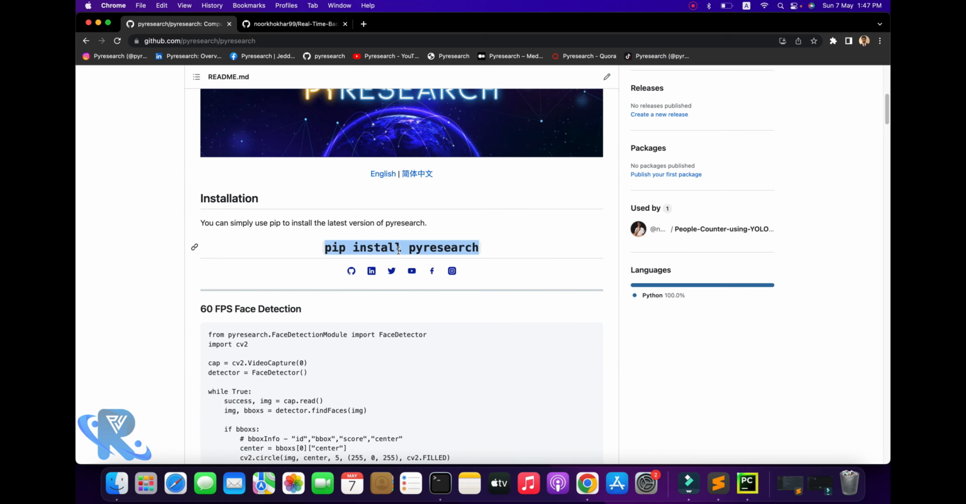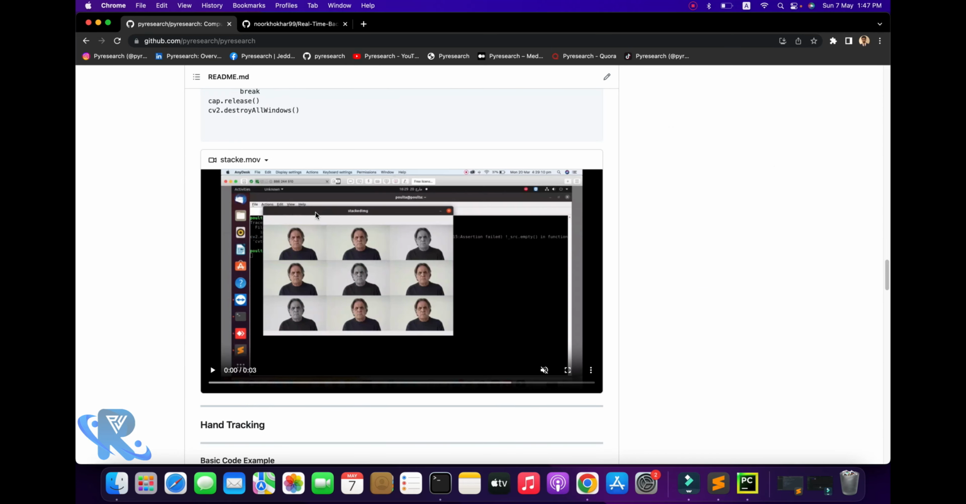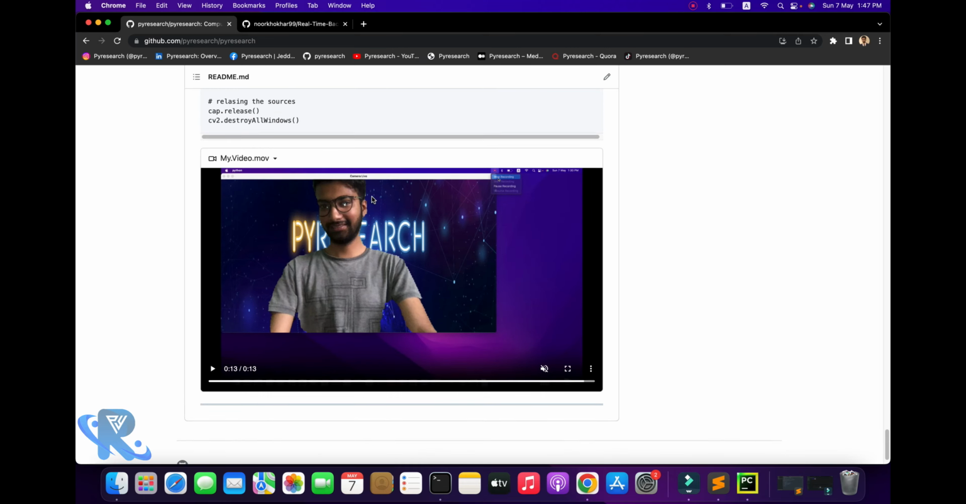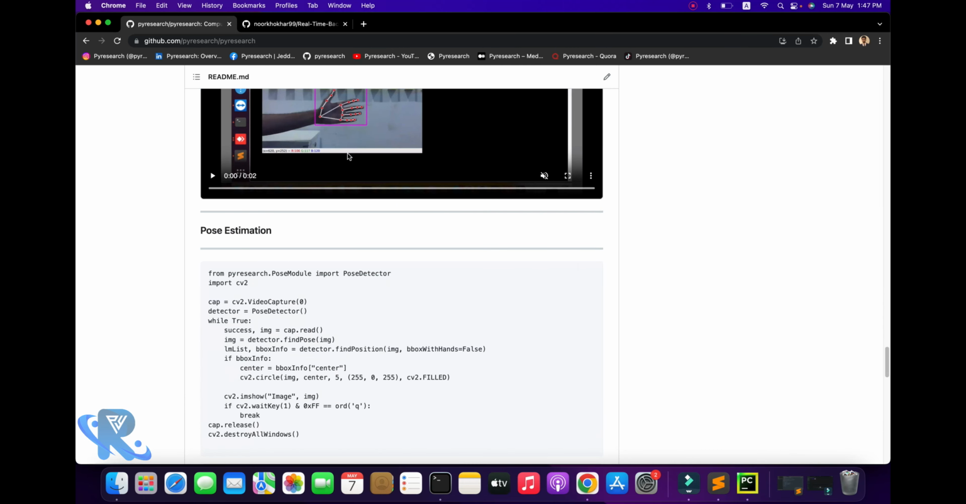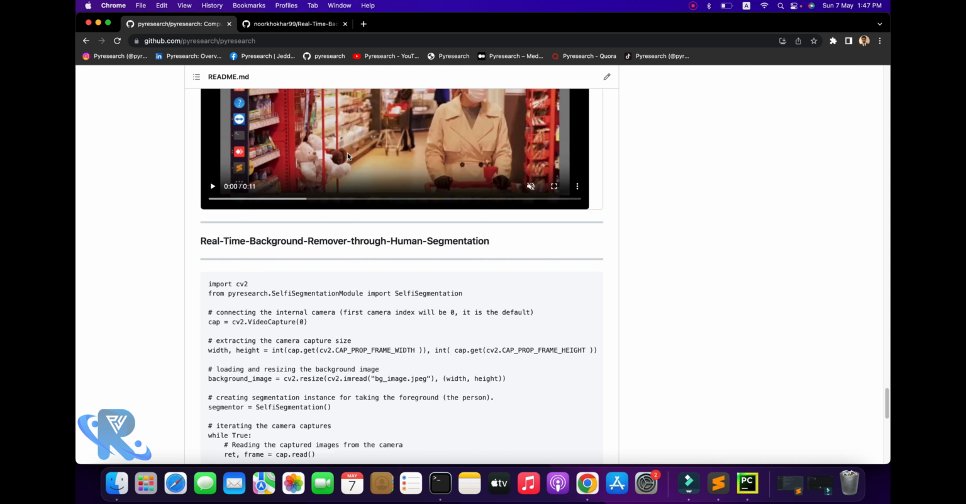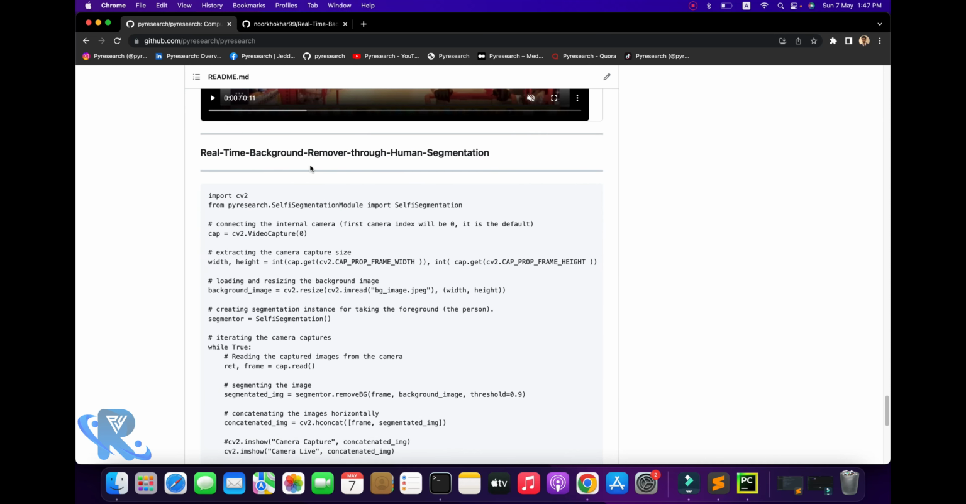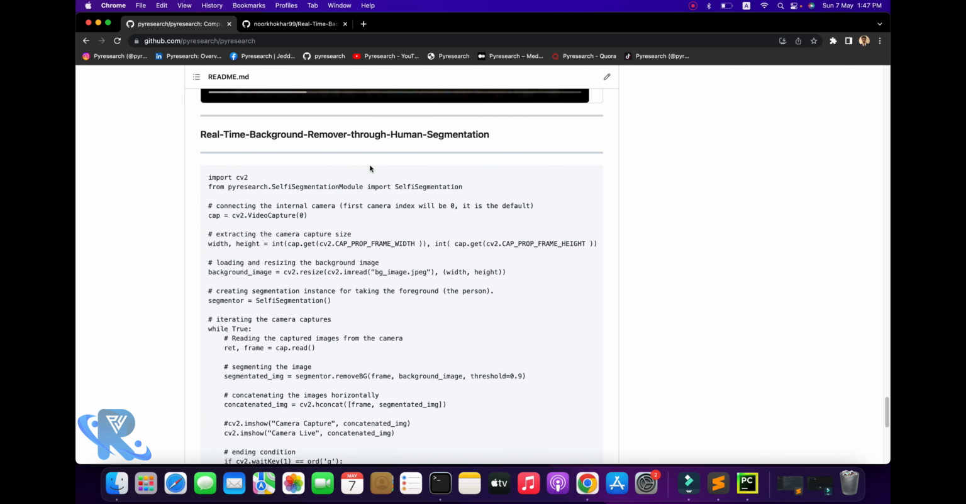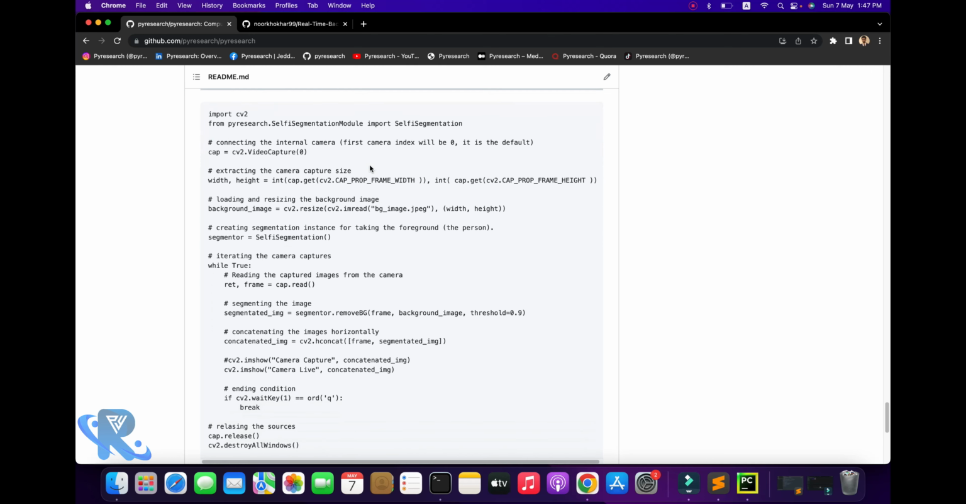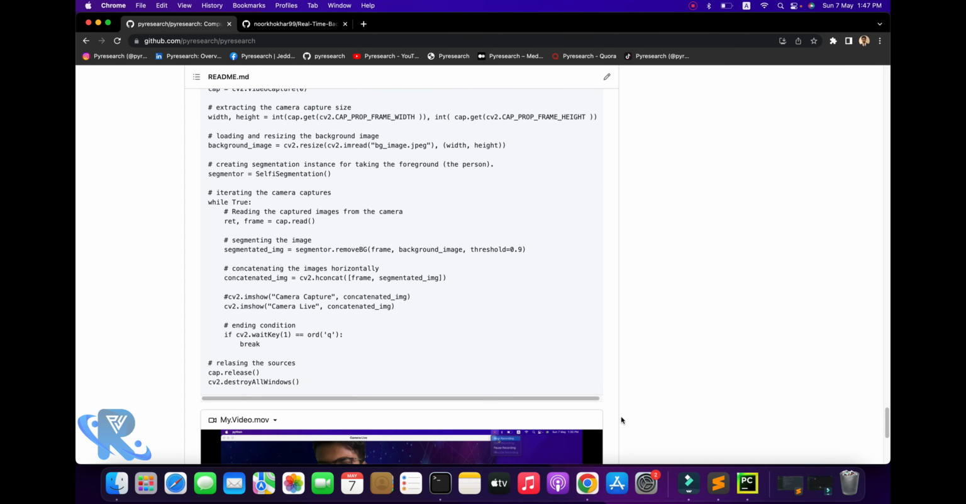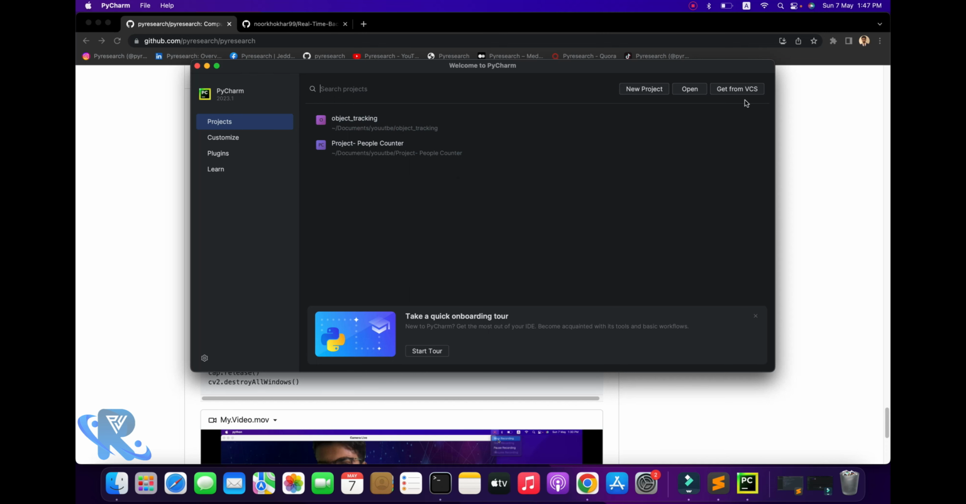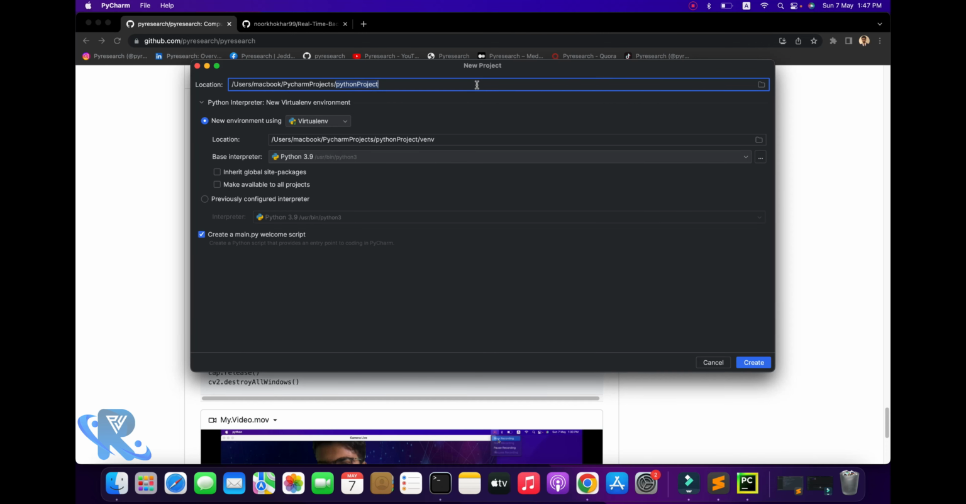Just copy and paste. The installation part is already done, and all these types of repositories are already mentioned, and now we will implement real-time background removal through human segmentation. You change the picture and you can easily open PyCharm, open the new project name,